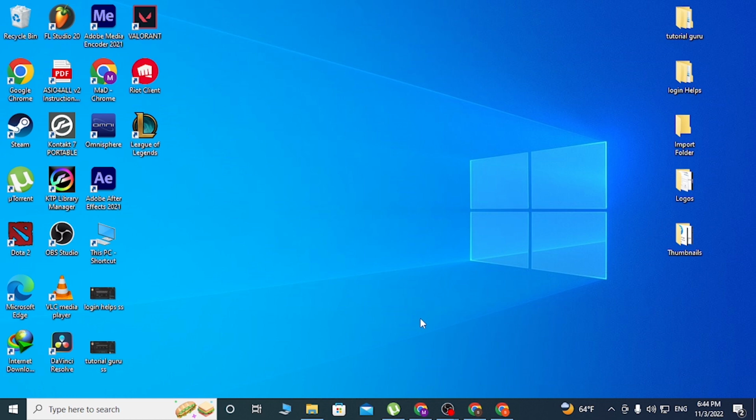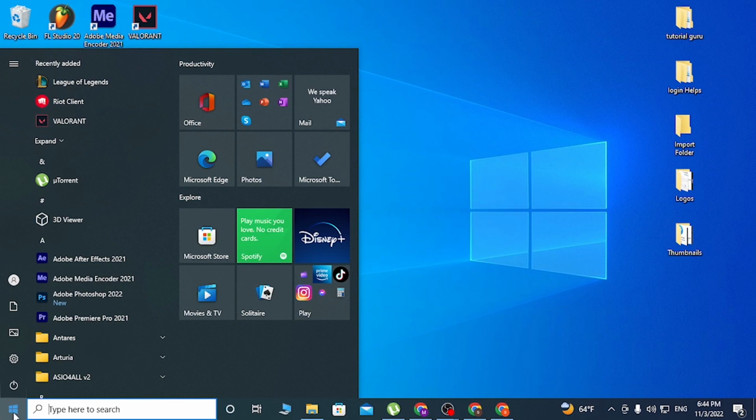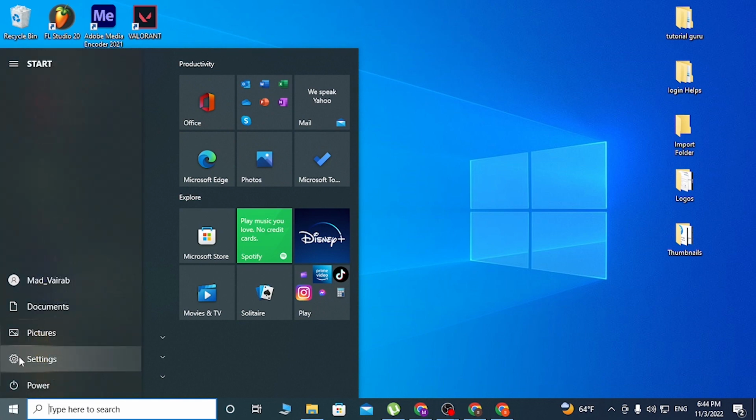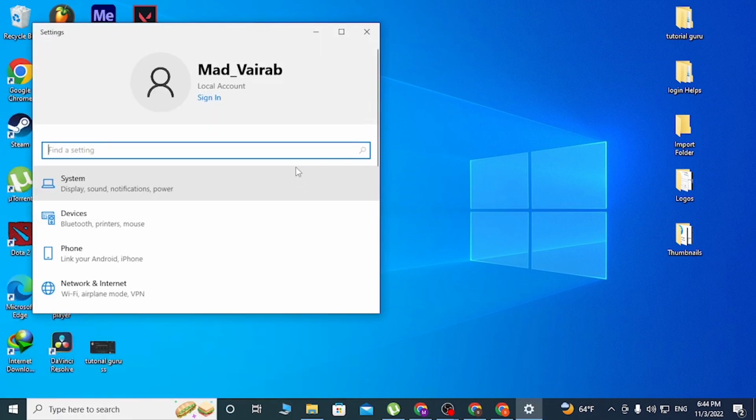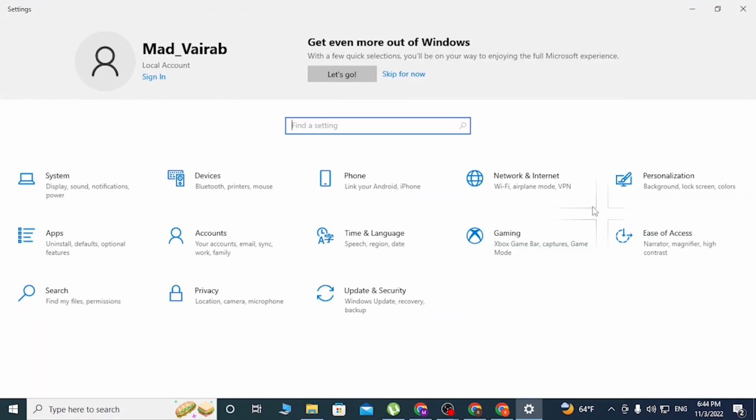Now, to set Google Chrome as the default web browser on your computer, first open it, and on the bottom left corner of your screen you can see the Windows icon over there. Click on Start, and after that you can see the gear icon, or the settings icon, up here. Click over there, and let's enlarge the interface. Over here on this interface you can see the apps